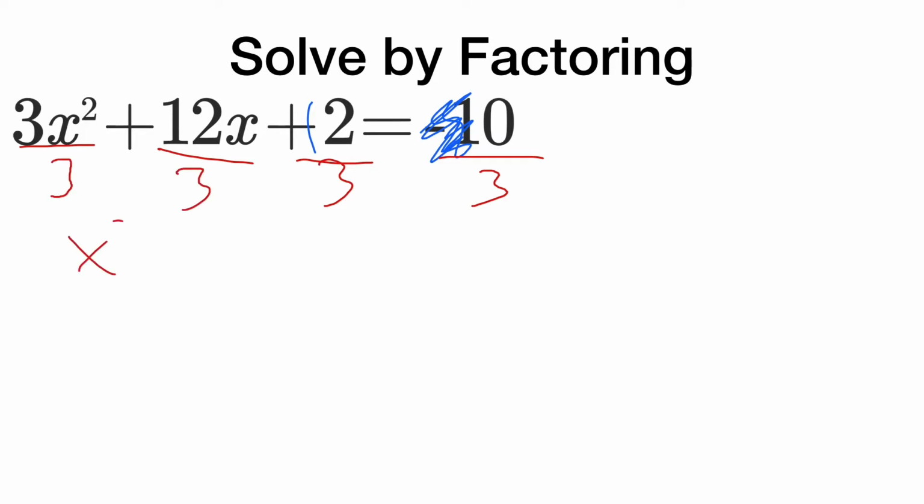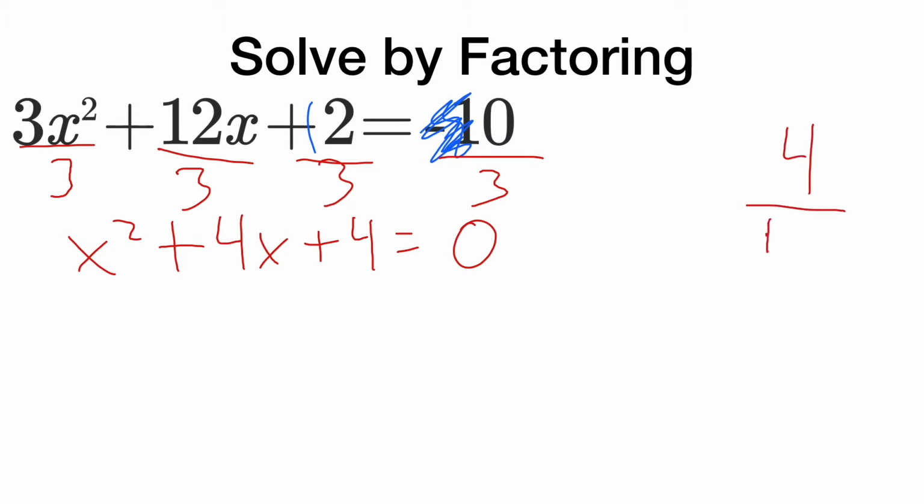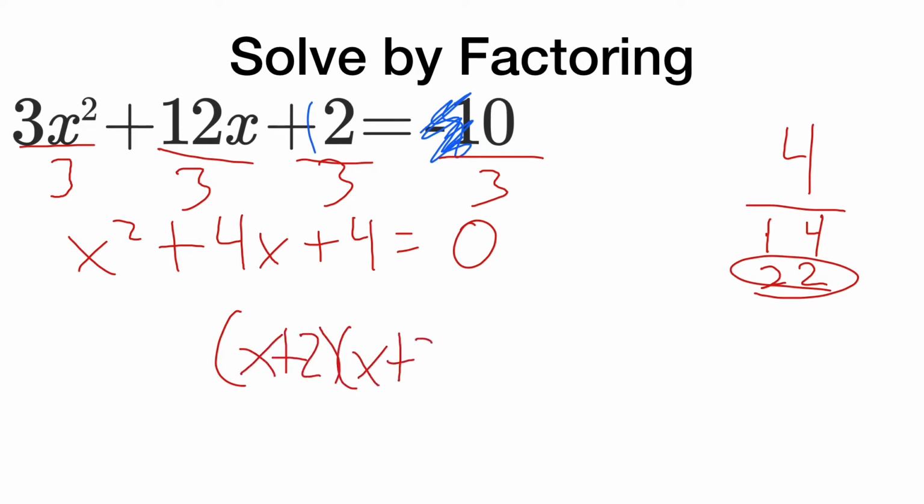So we have x squared plus 4x plus 4 equals 0. Now I'm factoring out 4. My common factors of 4 are 1 and 4, and 2 and 2. Now notice in this case I'm saying plus 4, which means I'm looking for two numbers that multiply to be 4 and also add up to be positive 4. Meaning, in this case, 2 and 2, so x plus 2 times x plus 2,